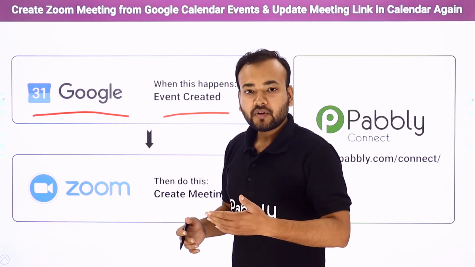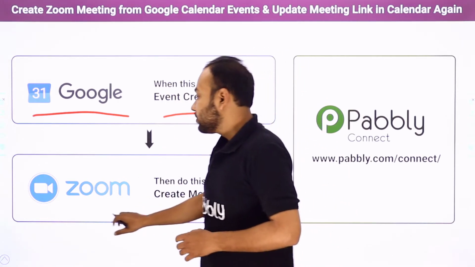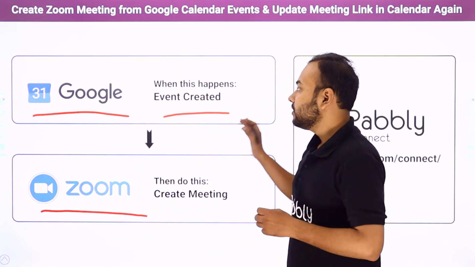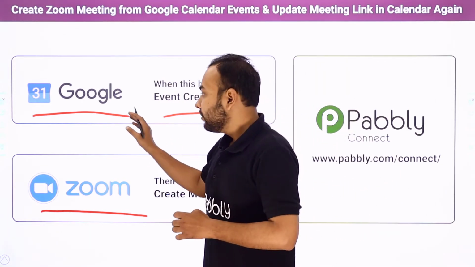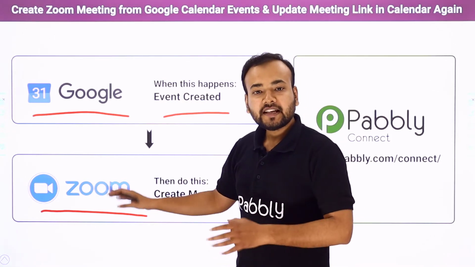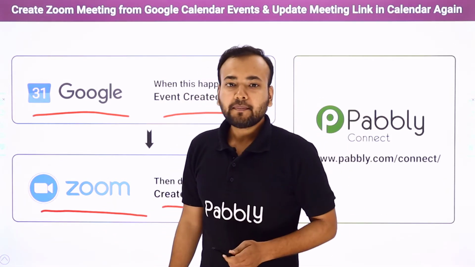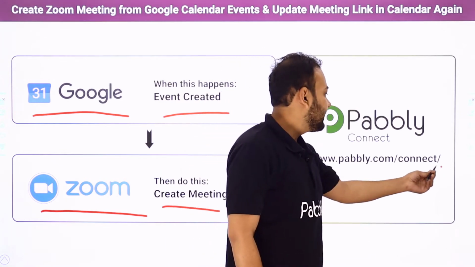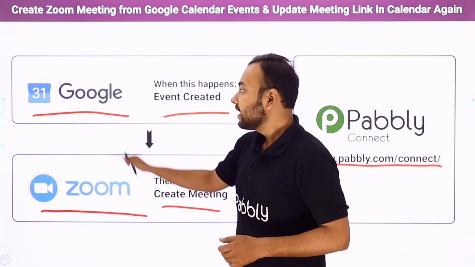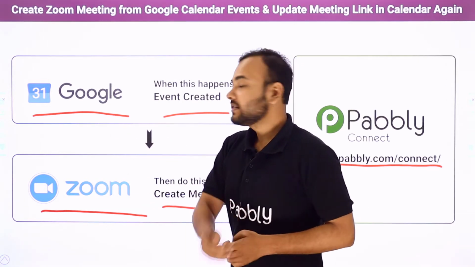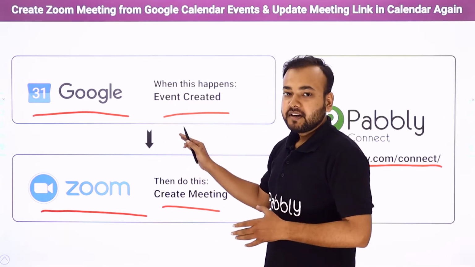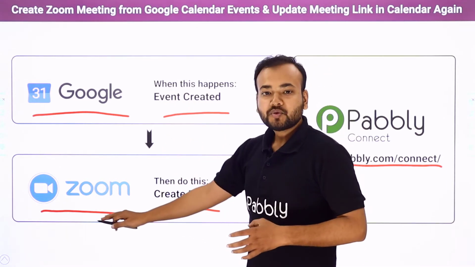So what you do is create an event here, check the date of the event and the purpose of the event, then come to Zoom and manually create a meeting. But what if I tell you that as and when you create an event here, a Zoom meeting about that event can get created automatically in the Zoom application? Yes guys, this can happen, and to make this happen I am using a software called Pabbly Connect. Pabbly Connect is an integration and automation software, and it will connect these two applications together such that whenever you create an event here, the meeting about that event will get created automatically in Zoom.